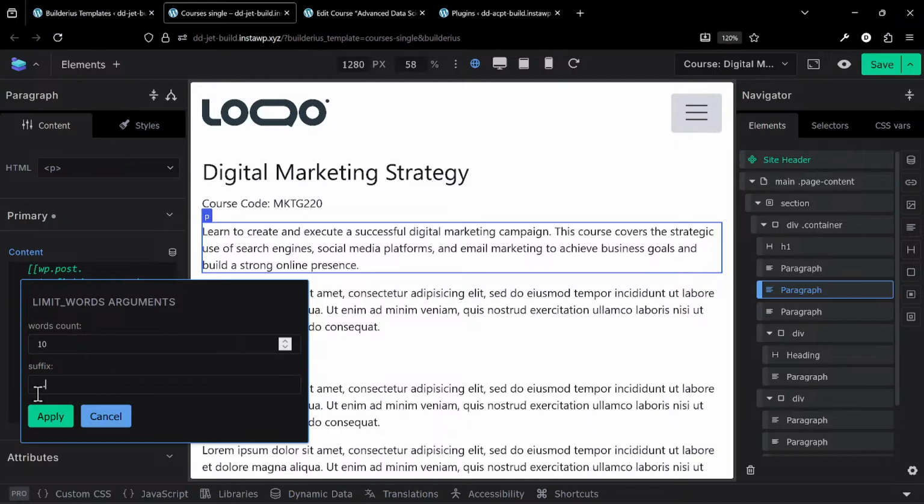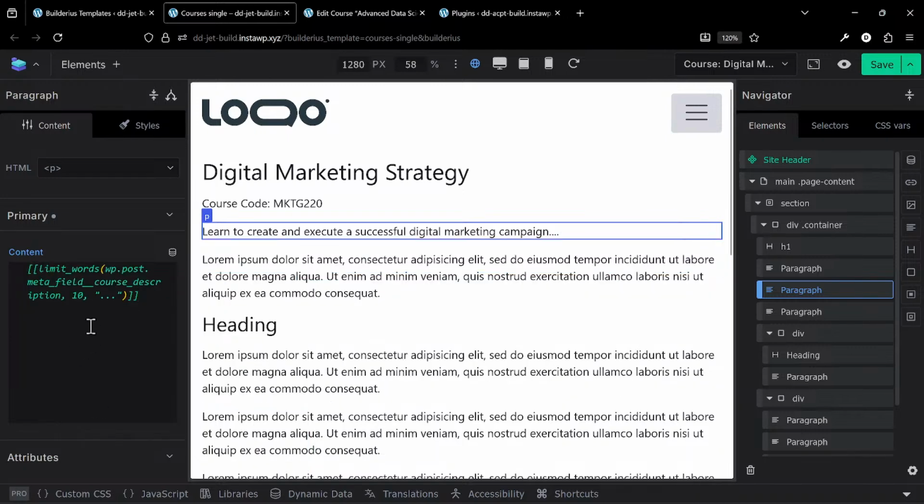What will be the suffix? I can choose that and then just say apply. So what it is now doing is using the function limit words. I guess that's a function, limit words, and then it puts the dynamic data in the bracket. So this is basically a PHP function called limit words, and then you put the argument, which is our dynamic